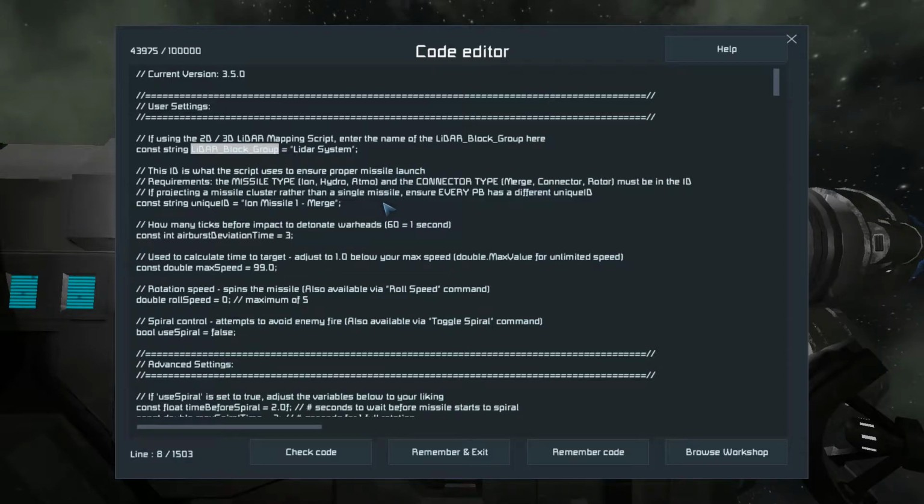The other update here, and we'll go over this in more detail in a moment, is you no longer need to have one missile per projector. You can now project a missile cluster rather than a single missile. The only difference is, instead of where before this might have just said ion missile merge, and you could place this same blueprint on a dozen projectors and it would project a dozen of the same missile, you can now create one blueprint, which we'll do here in a moment,